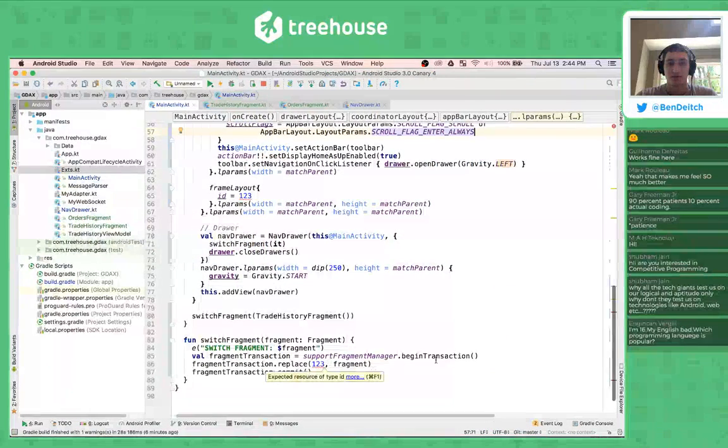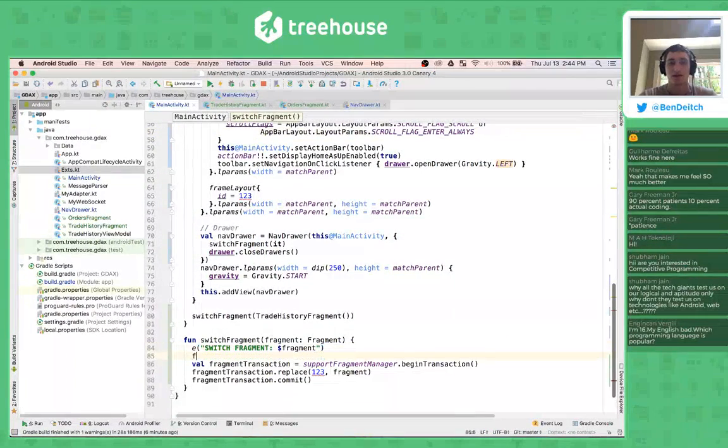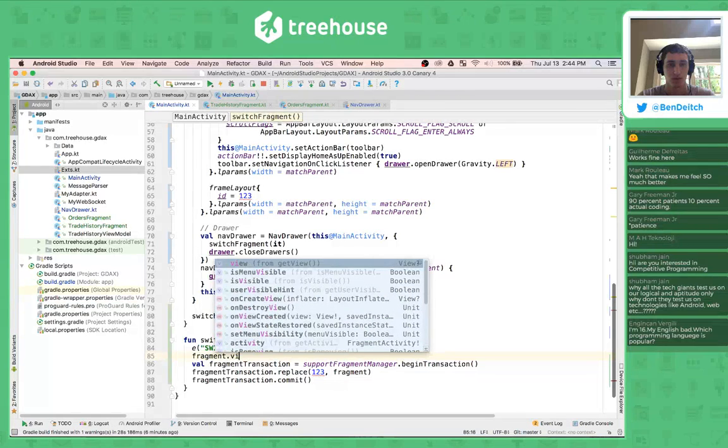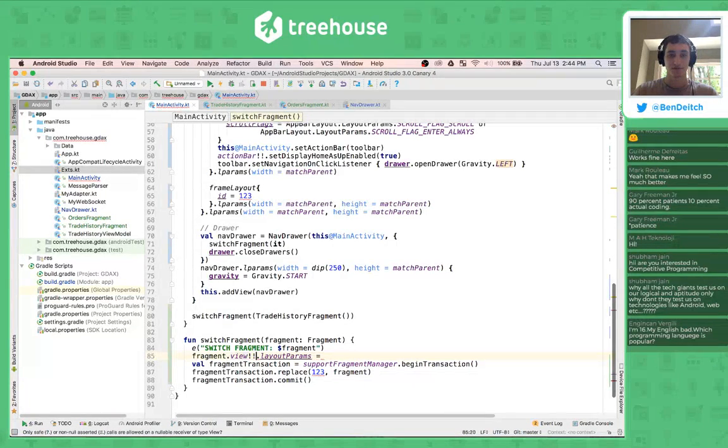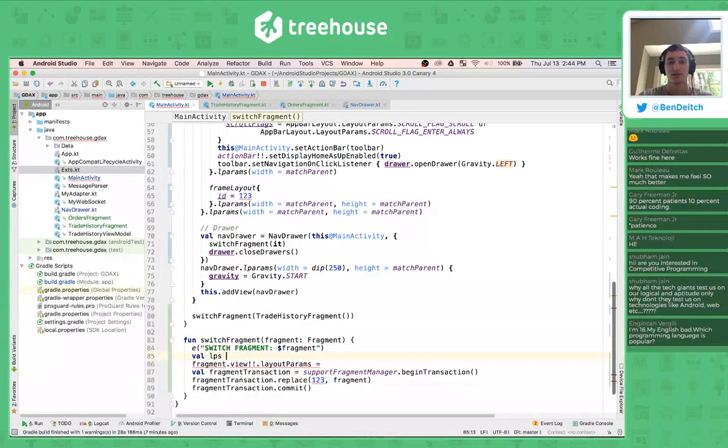So we get our fragment, and in here dot view dot layout params equals, and the fragment will have a view, so we can assert that it won't be null, and we need to set it to a new layout params object. So let's create val lps equals